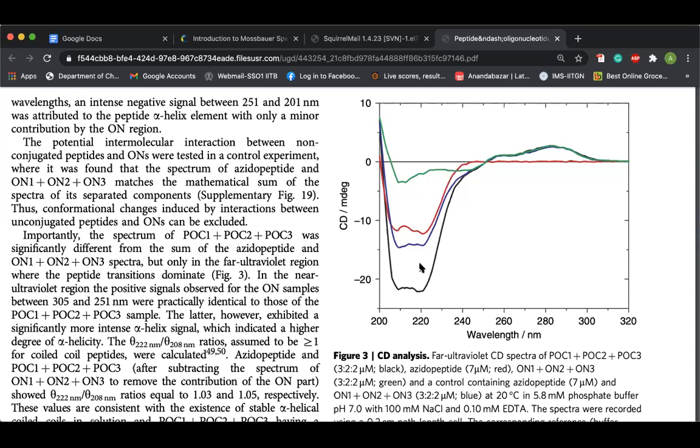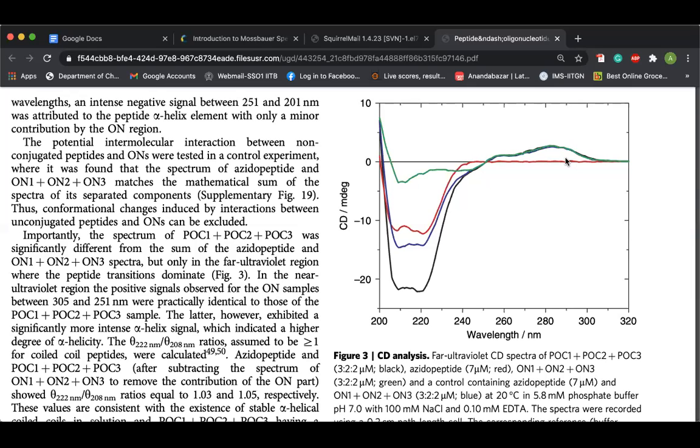Whereas the red one over here is only the peptide, no oligonucleotide. And what you are seeing is a band around 208 and 222 nanometer, but nothing beyond that. It is showing that it is nothing but an alpha helix. So that is your 2 control experiments. Only oligonucleotide is going to show you very visible bands beyond 260 and some features below 260 nanometer in the negative region, whereas that is only alpha helix for the protein.